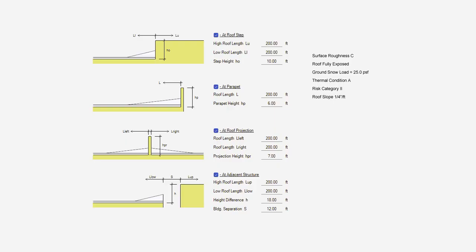structure. Let's get started. As an example, consider this roof structure, which is located in a surface roughness category C. The roof is fully exposed. The ground snow load is 25 psf, thermal condition A, risk category 2, and the roof slope is 1/4 inch per foot. In addition, we are required to calculate the snow drift, so the accumulation of snow in certain areas,